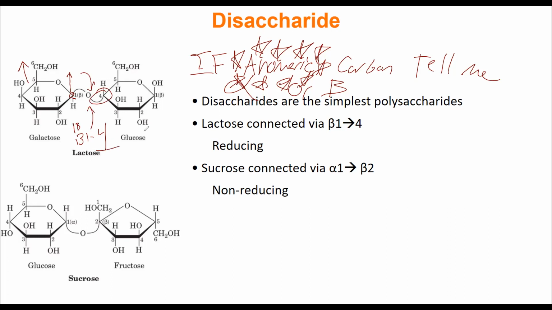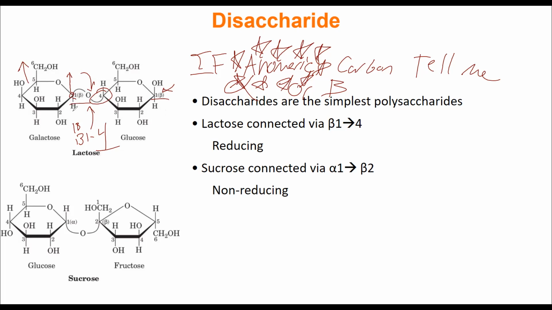Note, I did not call that beta 1, beta 4. The anomeric carbon is not in this bond, so I do not care what it is. And I don't care because this is a reducing sugar. This glucose can open up, and this beta, when it recloses, could go to alpha, right? So this can become linear and then cyclize again, changing this. So there's no point in naming it because we don't know what it is. However,